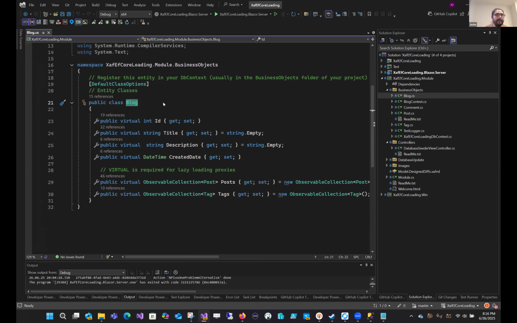So then we have the comment. You can see it's really flat, just with a reference to the post. Then the post has the same ID, content, and reference to the blog. So it's kind of a master detail structure. And this context is really simple. We just have sets for the entities mentioned before. In this case, I'm showing you the context that we have in the test project,